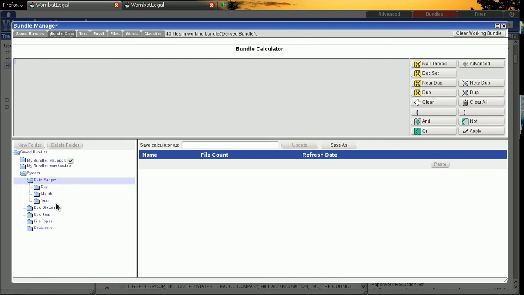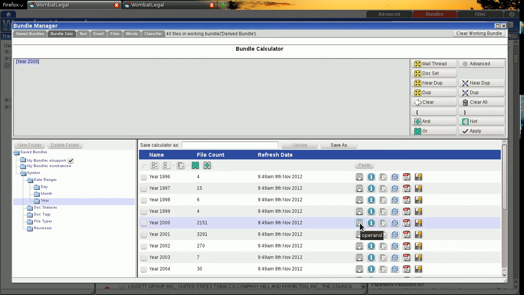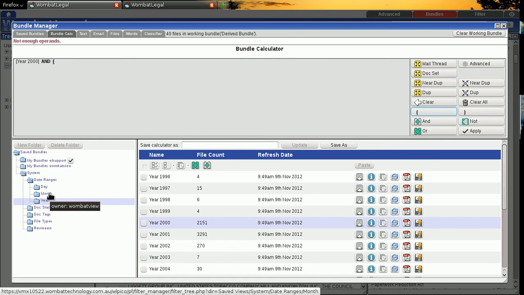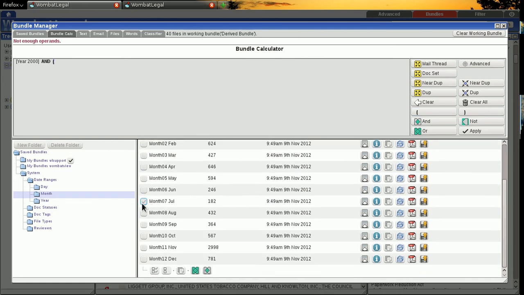So I'll click my calculator tab. I'll go to my years. I'm interested in the year 2000 and the latter half of that year, so we need some months. So I'll say I want these 6 months here, the last 6 months of the year, and down the bottom